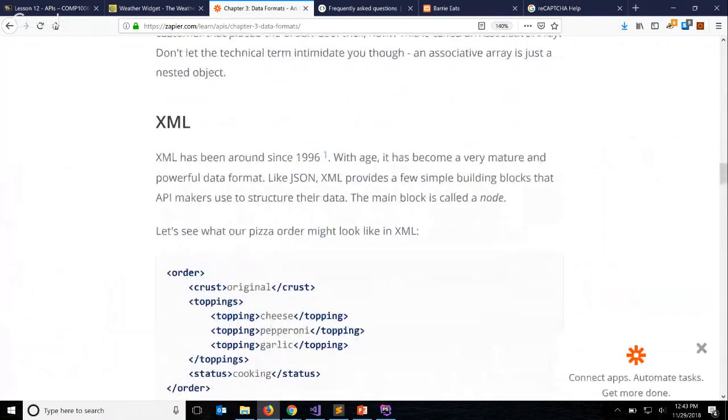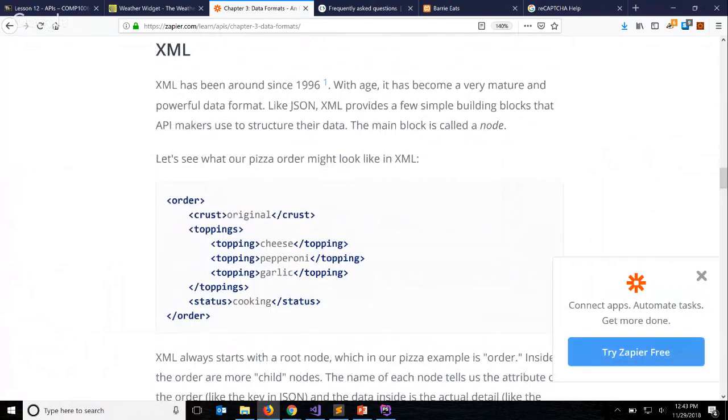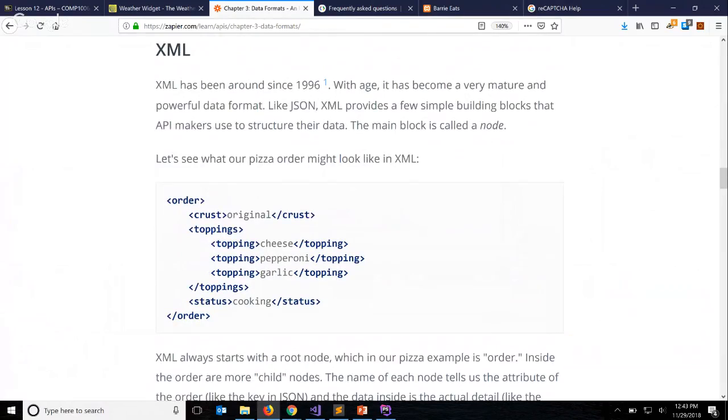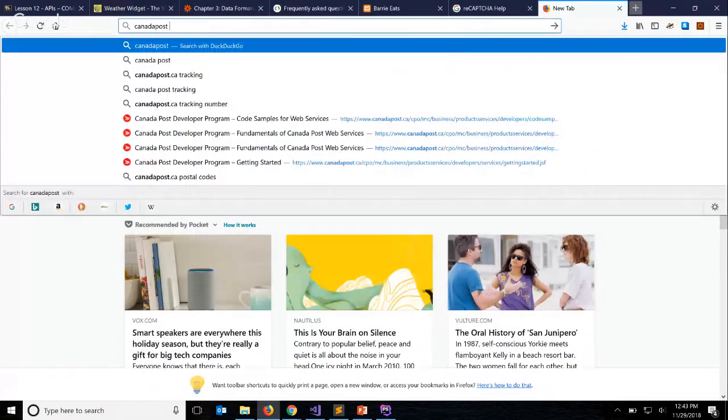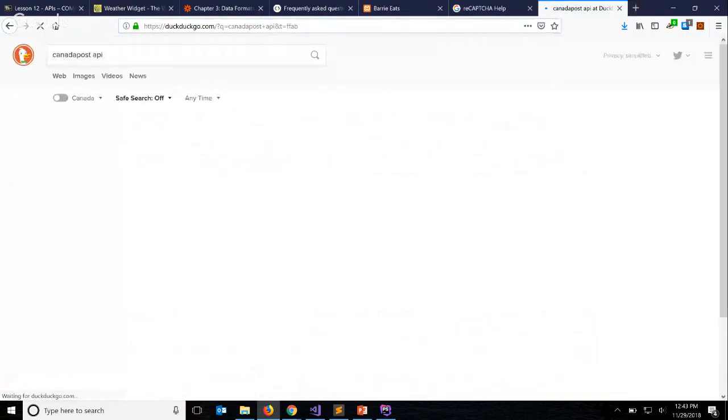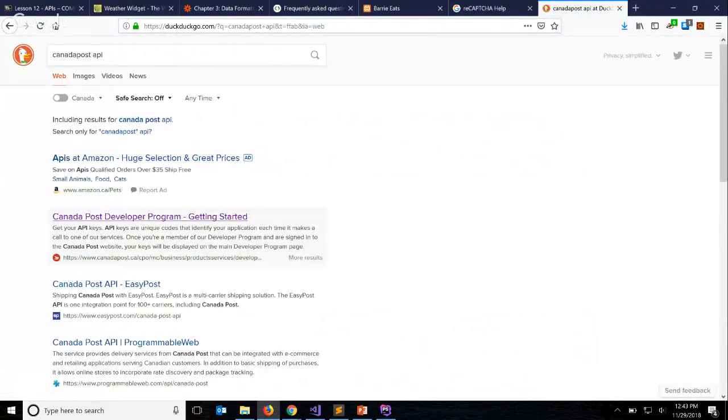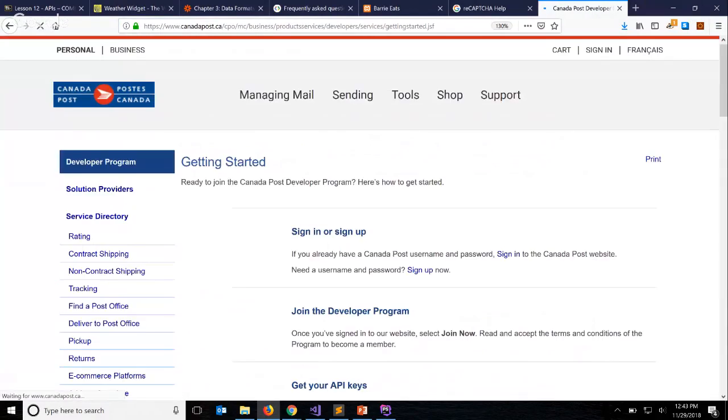The old format for this was XML. So similar data in XML would look like this. And there are some APIs that actually still let you choose. So for example, we go here. For example, Canada Post, the mail service in Canada, they have an API. So if we, for example, want to look up shipping rates in a store,